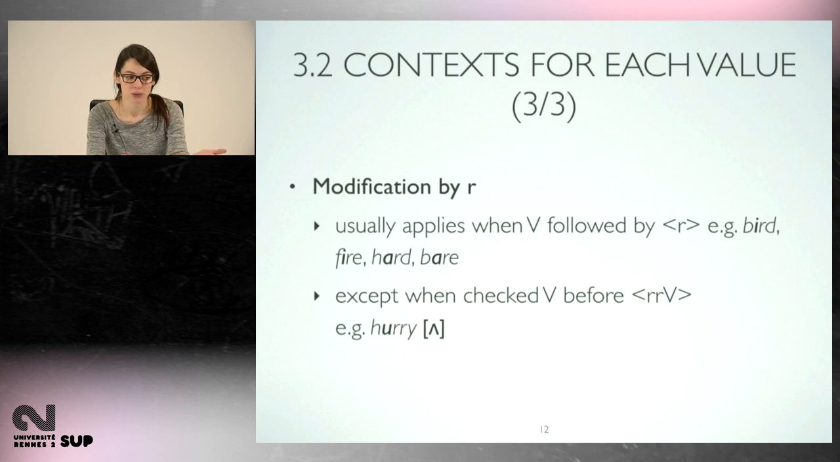So in hurry, for instance, you have a checked vowel. Why? Because you have a vowel followed by a consonant cluster. The consonant cluster is made of two R's, but you have no modification of the previous vowel because that's precisely two R's. Okay, if you had an R and another consonant, then you would have modification of the value of the vowel by R, but not when you have two R's. Okay,